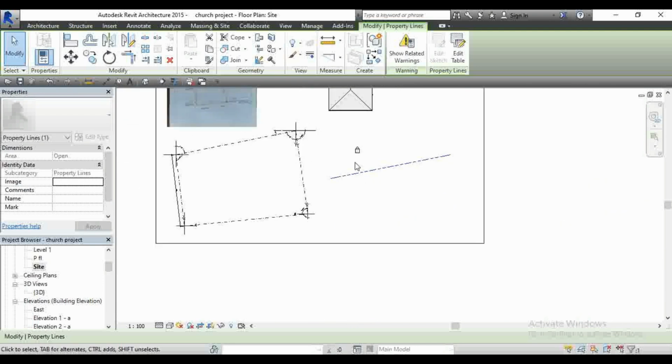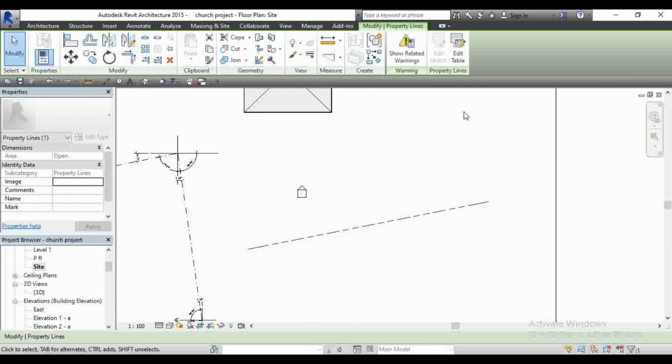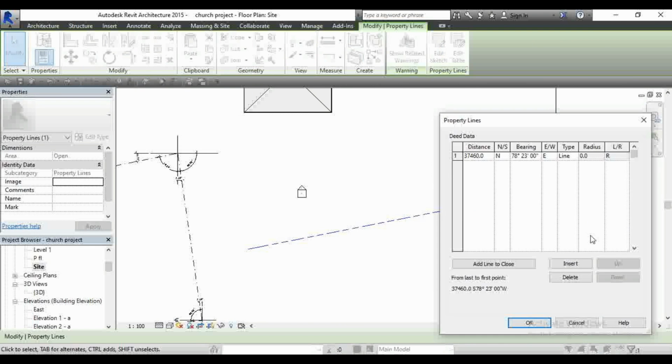the southern end. It's quite complex, but if you understand the approach, you can easily use this particular method to plot your survey without really drawing. All you just need to do is to input the angles and input the length, and Revit will automatically plot it for you. And I'm going to insert the other line, this particular line now, and I'm going to use that angle. Now the distance there is